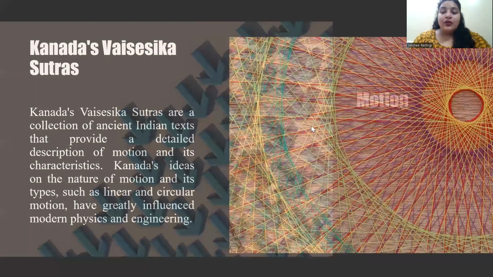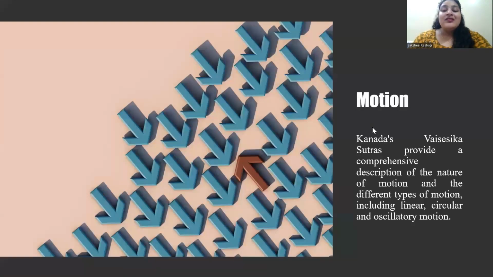Now we go further about motion. So motion, in the context of Kanada's Vaisheshika Sutras, refers to the change of position or location of an object. It is described as a fundamental property of matter, and it is described in terms of the following aspects, which are